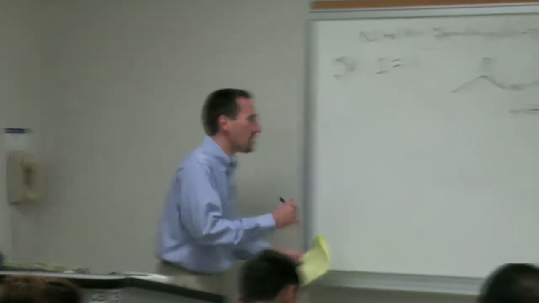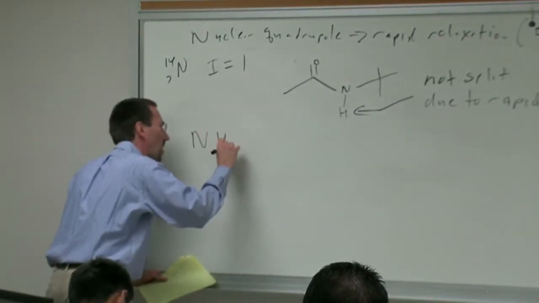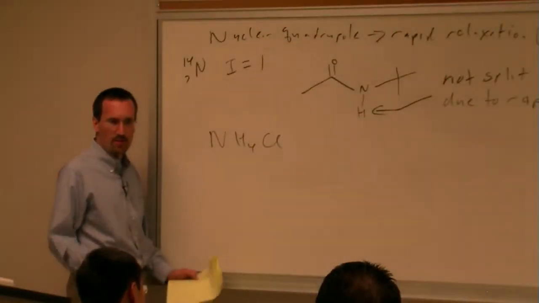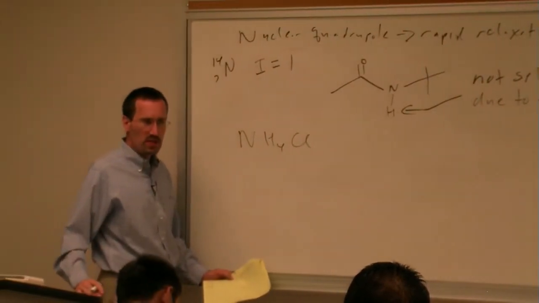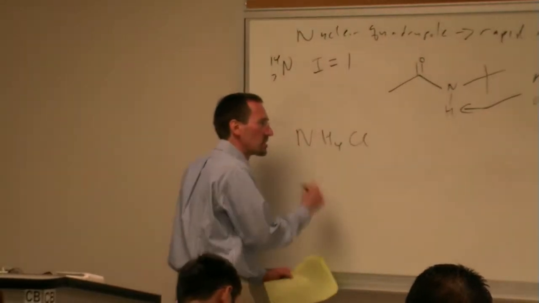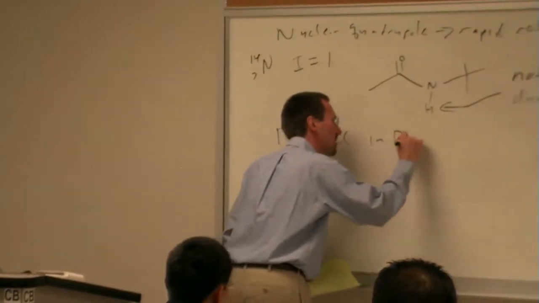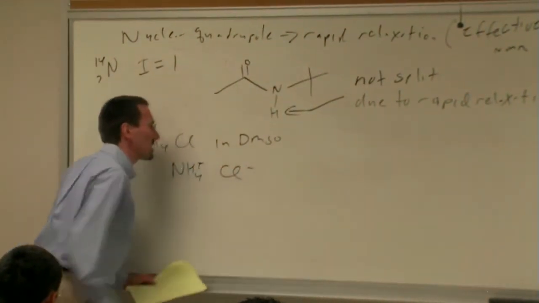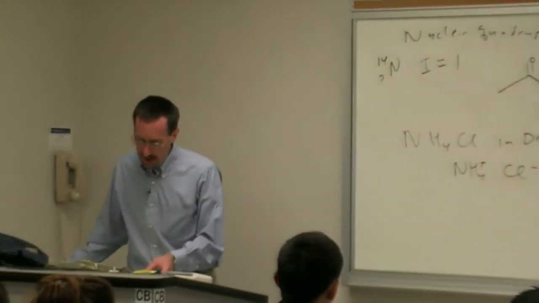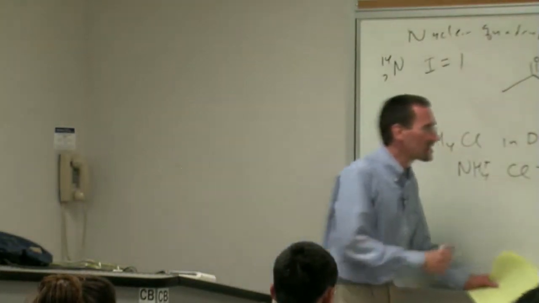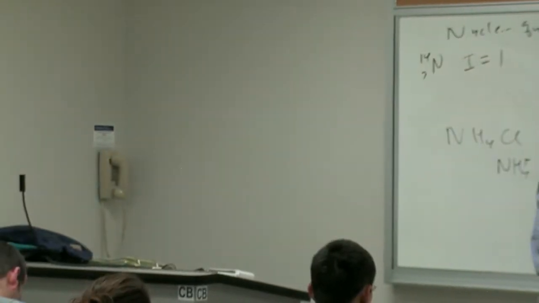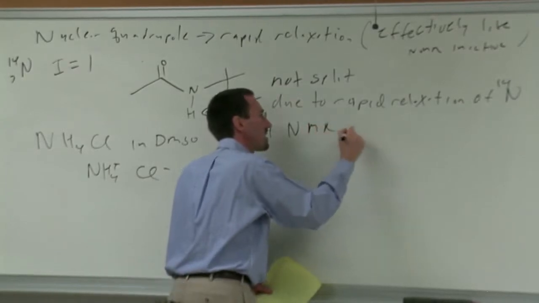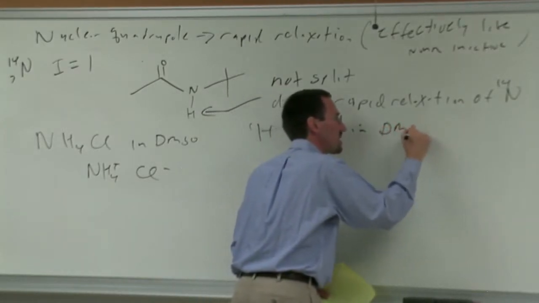A case that you may see, and I saw first by accident, one of those cases where you simply dissolve a compound in a solution and you get an NMR spectrum. And so this is ammonium chloride in DMSO, right? Ammonium chloride has NH4+ Cl-, and the ammonium has tetrahedral symmetry. And the first time I happened to accidentally have this in a sample and took an NMR spectrum, as I said, in DMSO-d6,